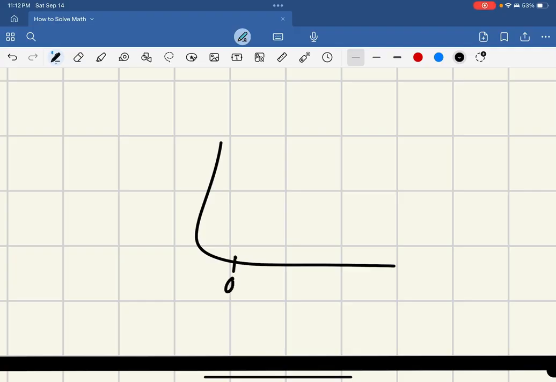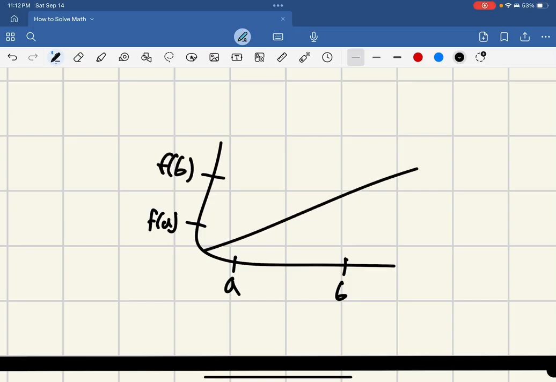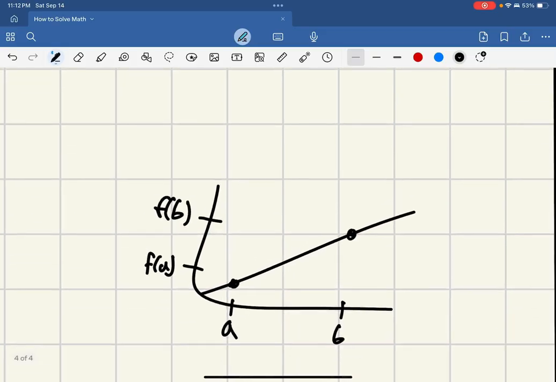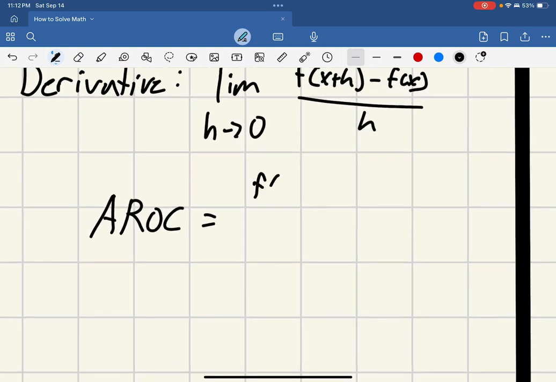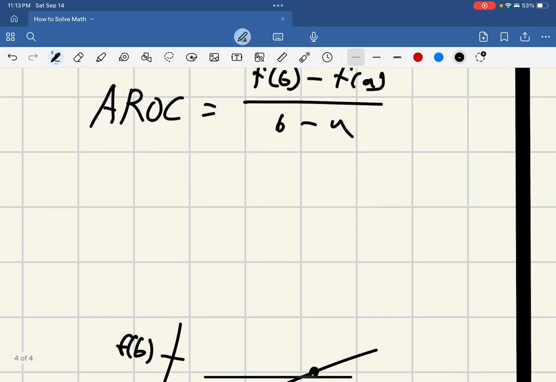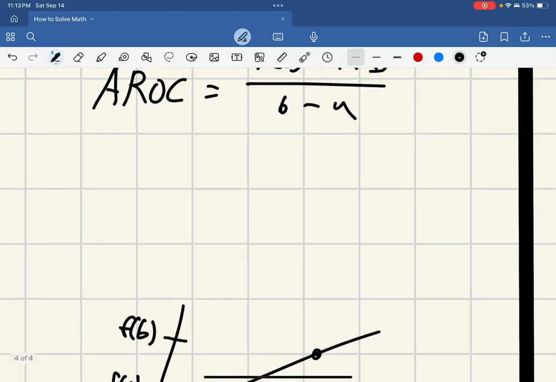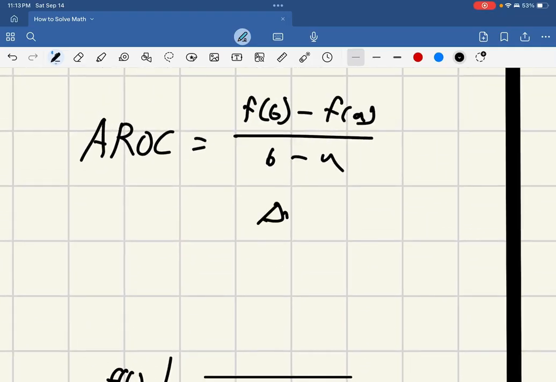Say this is point A and this is point B. And this is point f of a and this is point f of b, on like a straight line, right? In order to figure out the change from one point to another, the average rate of change says that at the very top we're going to have f of b minus f of a, over b minus a, and this is just your normal slope, as in rise over run, change in y over change in x, right? So if that's the average rate of change,